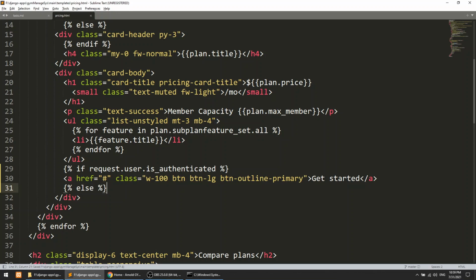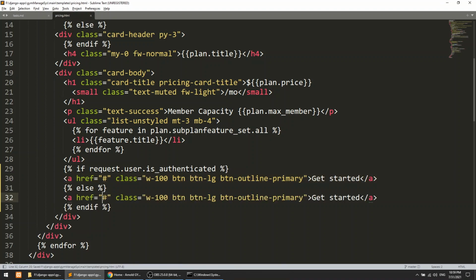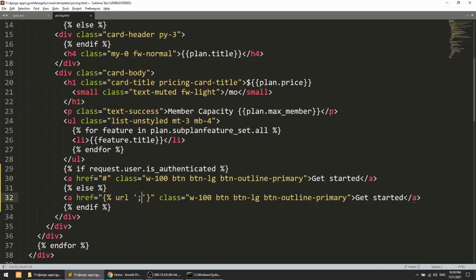Else, what should we show in this else condition? Yes, we can show the login page. So here we will show the login page, and the text will be get started, which remains the same.